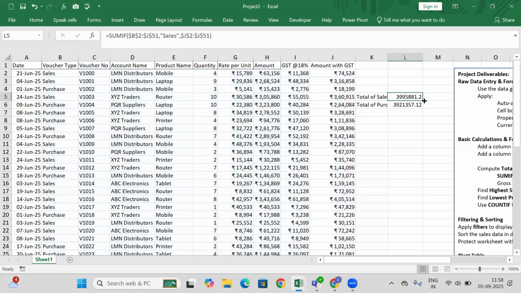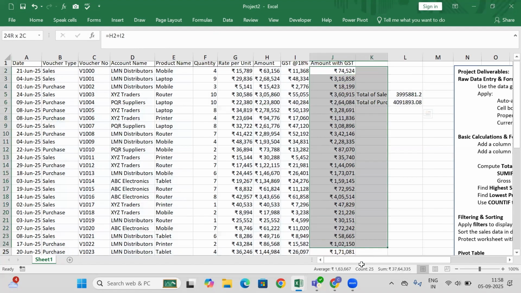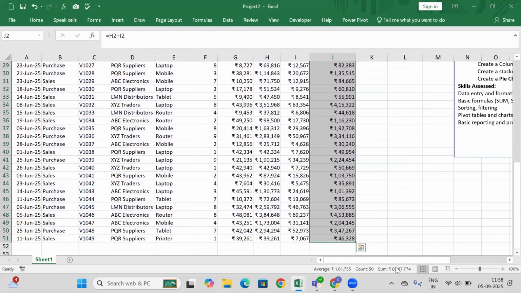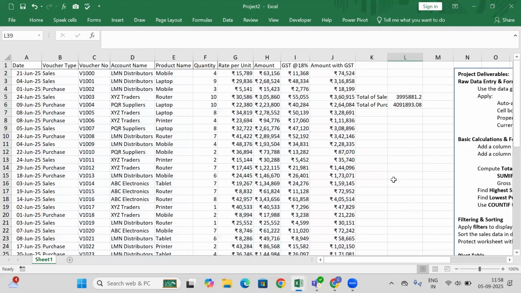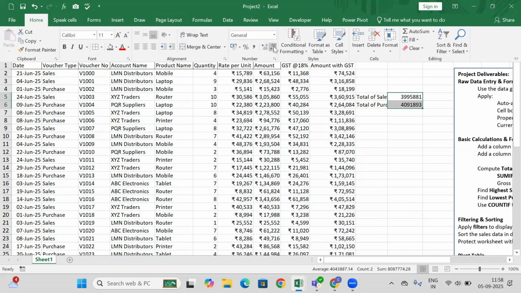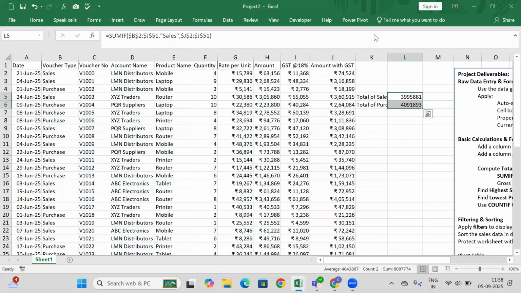Now let me copy from here. I get the same amount. That's because the formula still says sales. Now the sales has to be changed to purchase. I get the purchase amount. I want to see how much is the total. I can copy this one and it is 8887. And similarly here, I don't have to do anything, same thing. So my sales is so much, and if I do not want these extra decimal places, same method. I can come here, Home, and reduce this. Yes. So that takes care of